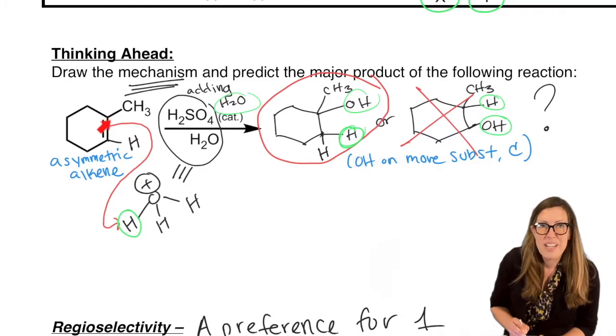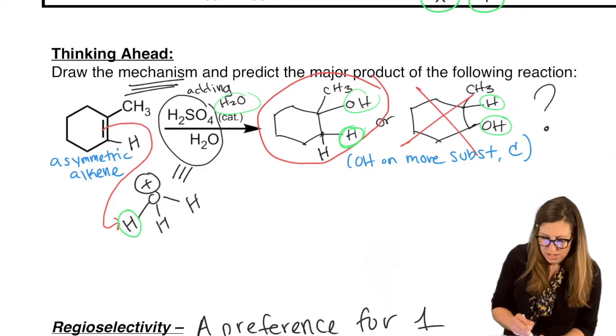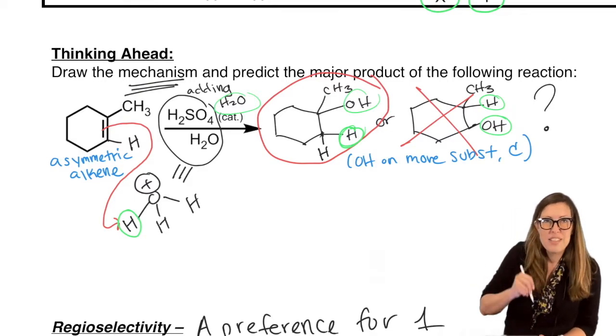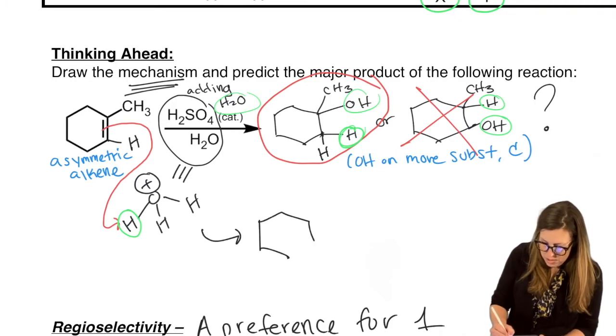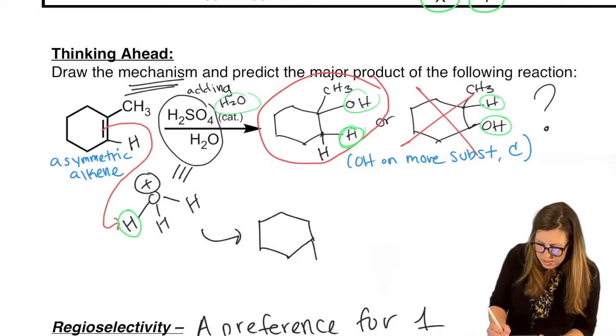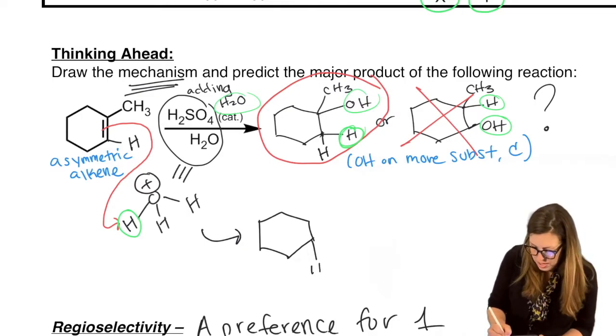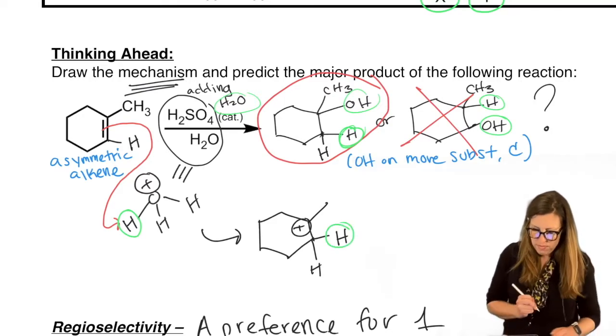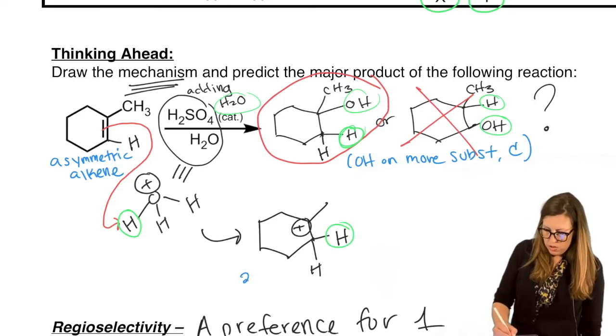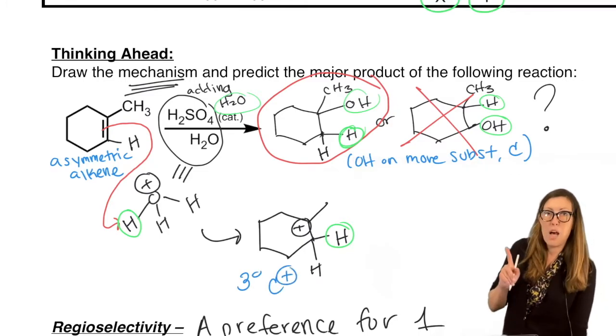This one will make a carbocation. That looks like a nice carbocation, right? It's tertiary, whereas this would be secondary. So that is the reason we see the regioselectivity. If we allow the less substituted carbon to be the one that keeps the electrons, we avoid a less stable carbocation. So we wouldn't want one here. This would be secondary. Now we get a tertiary carbocation. So tertiary carbocation. Stop. We have a carbocation.